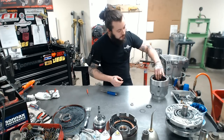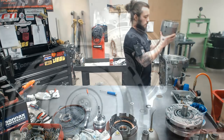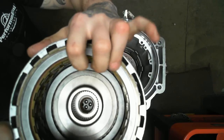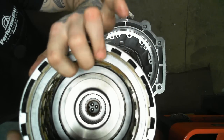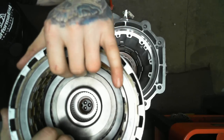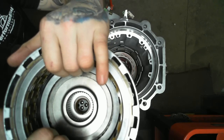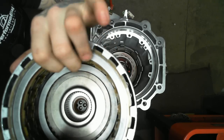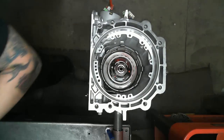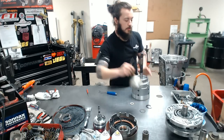I'll hold that up to the camera so we can take a gander here. It's very hard to hold this, but as you can see, it's very free moving as best I can, and there is little to none, but it moves very, very nice. So flipping that over,